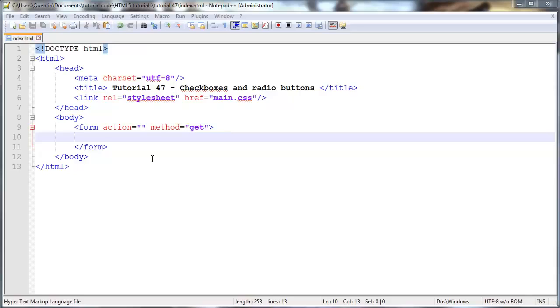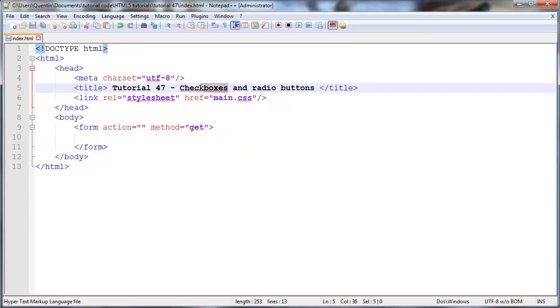And in this tutorial, I'm gonna talk to you guys about checkboxes and radio buttons. Now, most of you guys probably already know what a checkbox is. It's just one of those boxes that you click on it and it's checked, and if you click on it again, it's unchecked, okay? So quite simple, and a radio button pretty much works the exact same way, except that a radio button can only have one of the options selected, whereas a checkbox could have many options selected. And we'll get into that later on in the tutorial, but for now, let's actually put some checkboxes on our